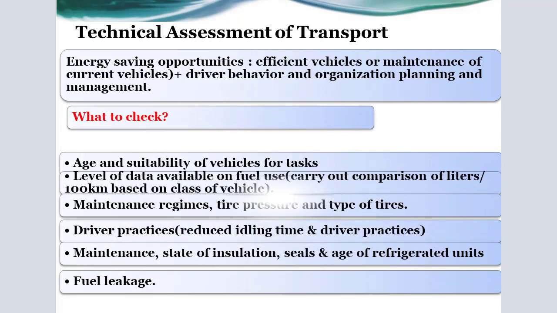It is also required from the energy auditor to check the age and suitability of vehicles